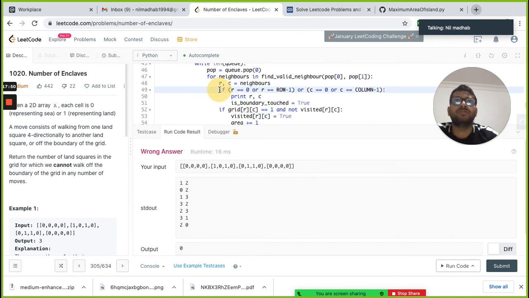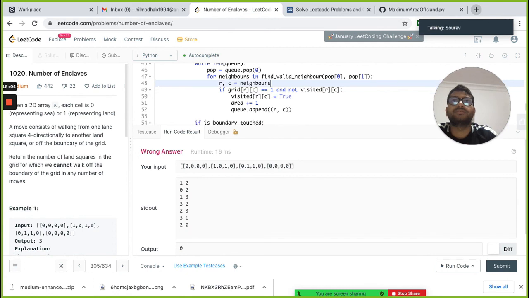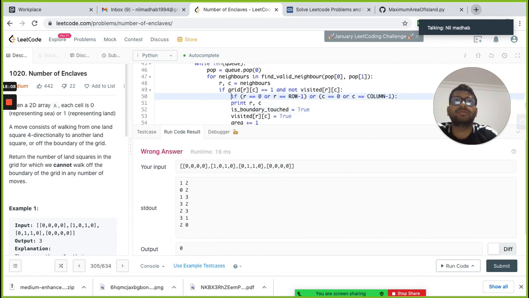We have to move this condition here. Then it should work.